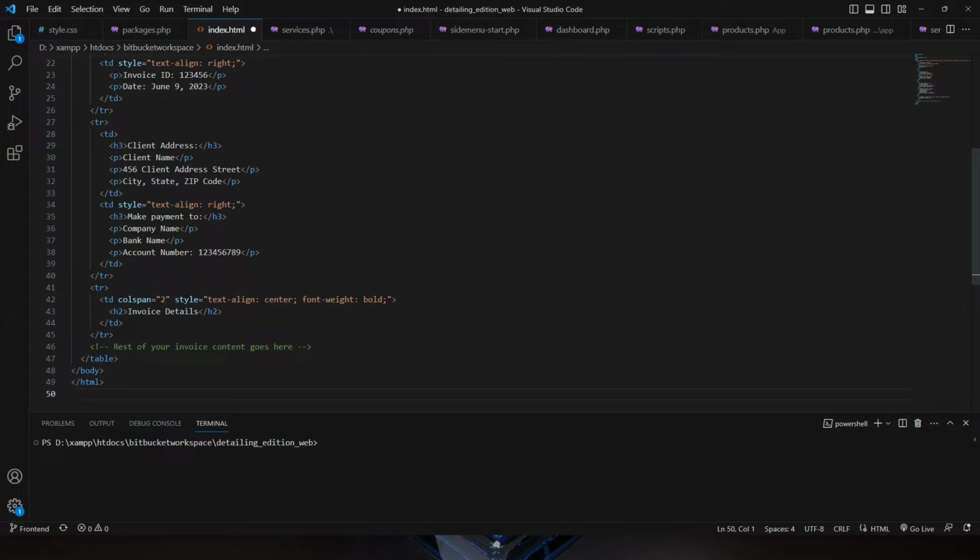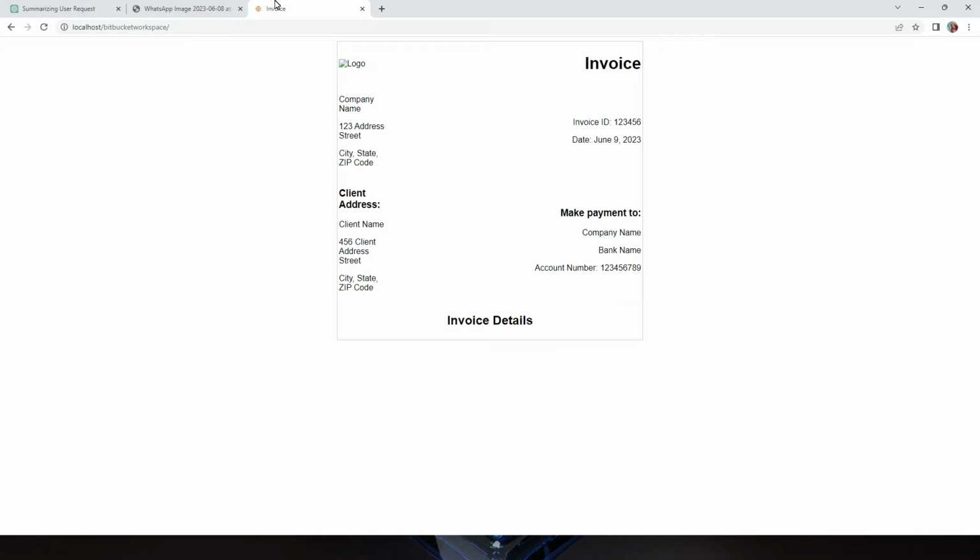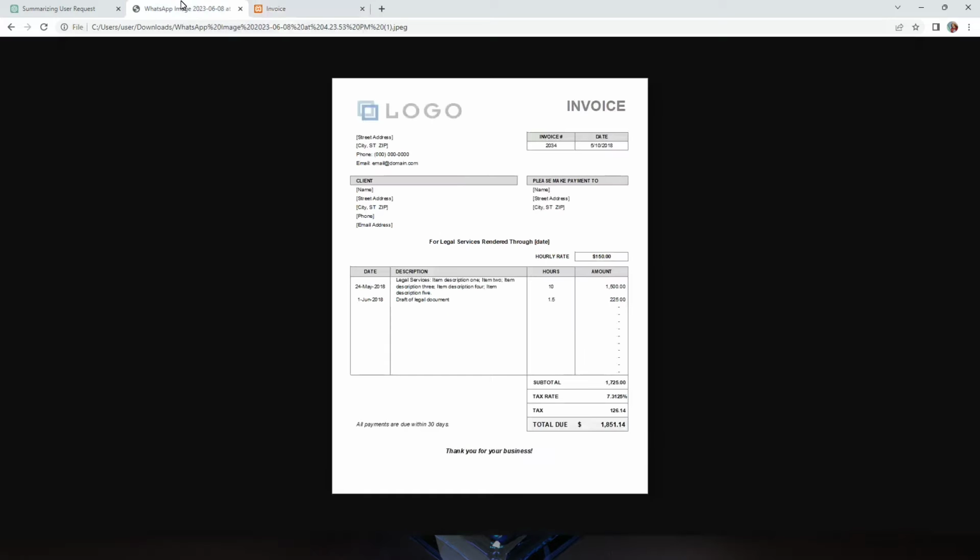As we have asked it to only use tables, it is using only tables instead of divs, and even this particular heading it has given me in the table format itself. See,